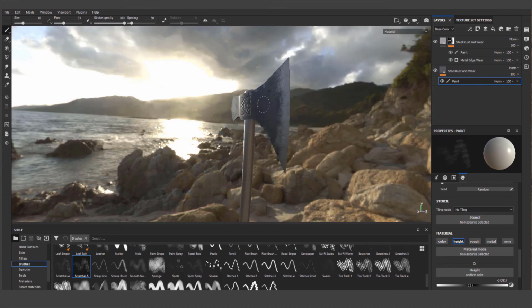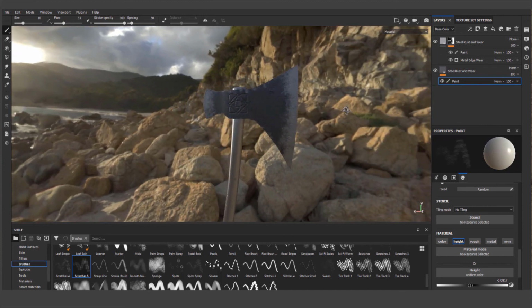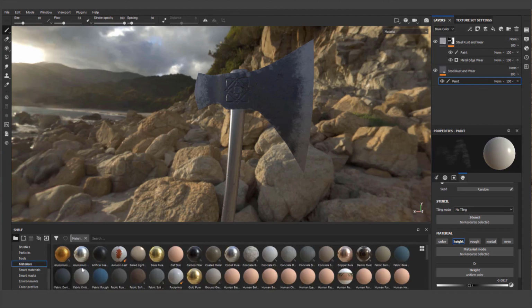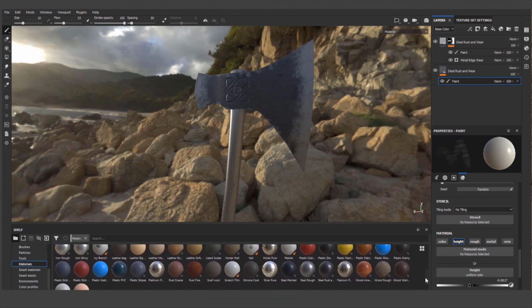I'm going to move this out to the center here. All right, cool. Okay, so the next layer we're going to do is add the wood material for the handle. The way we do that is we simply come down to our shelf, go to materials, and then I'm going to come down to the bottom here, and I'm just going to use this one,